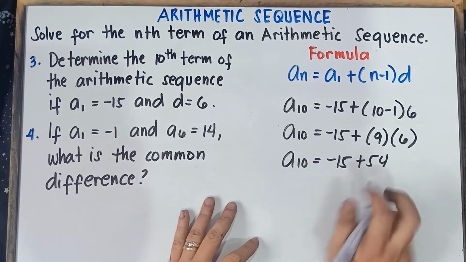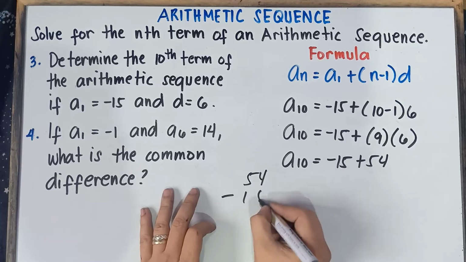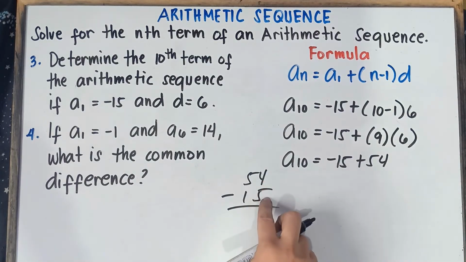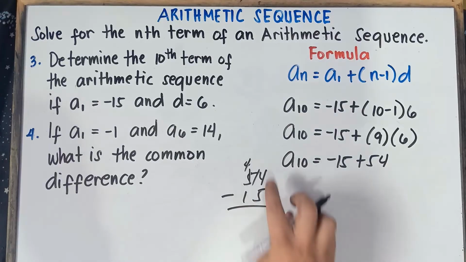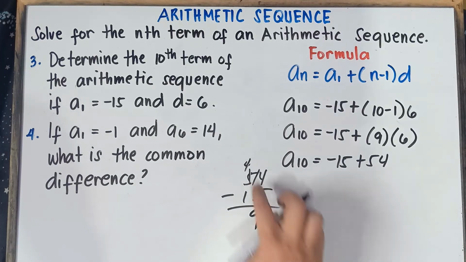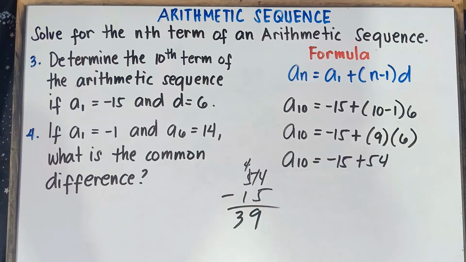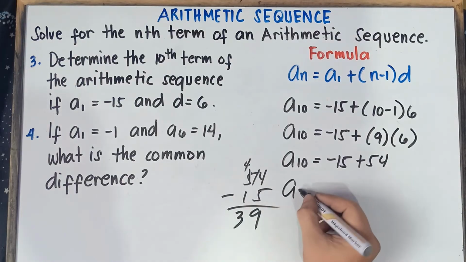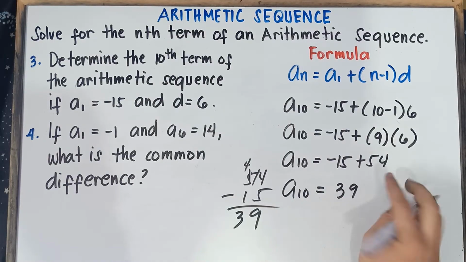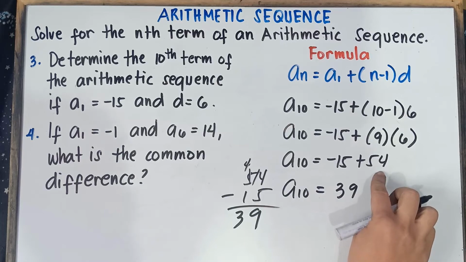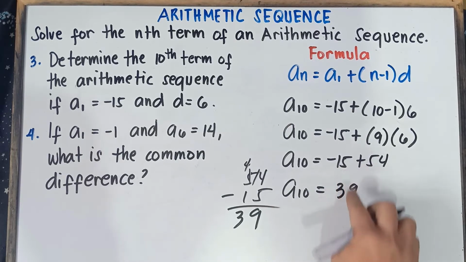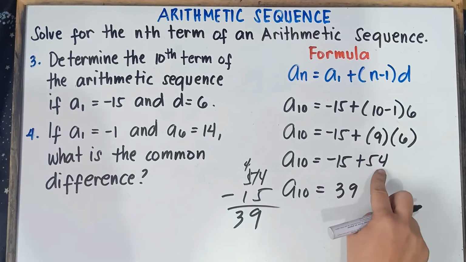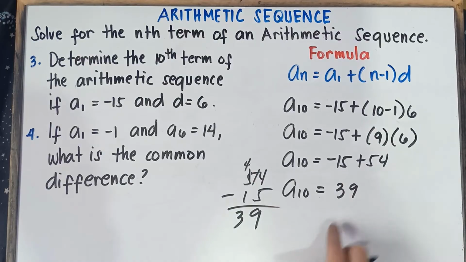Unlike signs, subtract 54 minus 15. So 4 minus 5, that cannot be. We borrow 1. This becomes 4. This becomes 14. 14 minus 5 is 9. 4 minus 1 is 3. So this will be positive 39. So once again, 54 and then negative 15, unlike signs, subtract 54 minus 15, that will be 39. Now 54 is greater than 15. We copy the sign of 54. This will be positive 39.